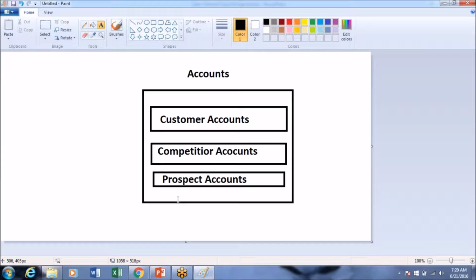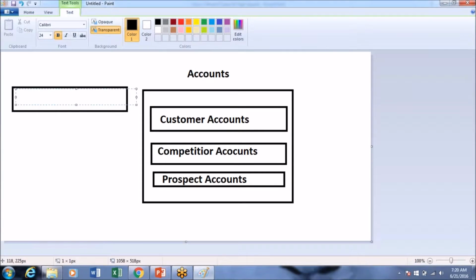We may have different fields. Any question or confusion here? No, it's clear. So record type plus page layout will help us establish this process.